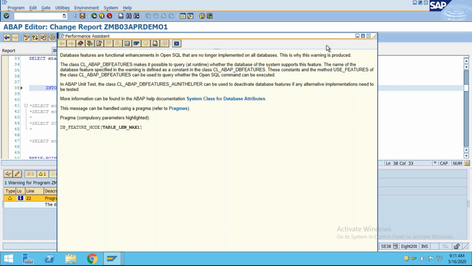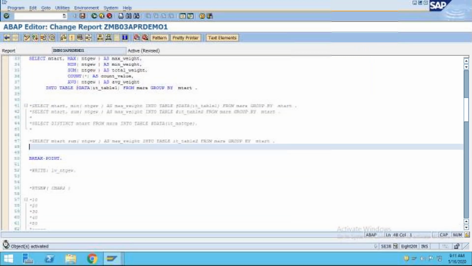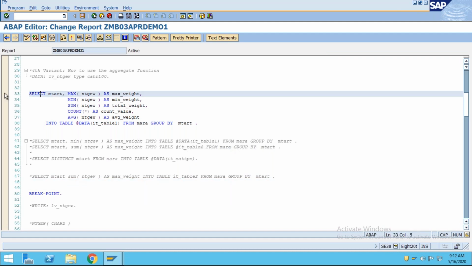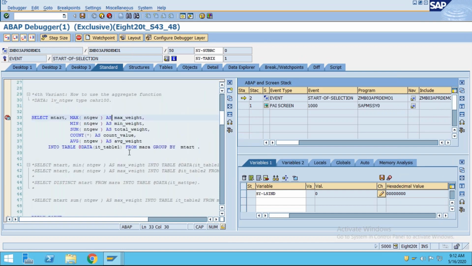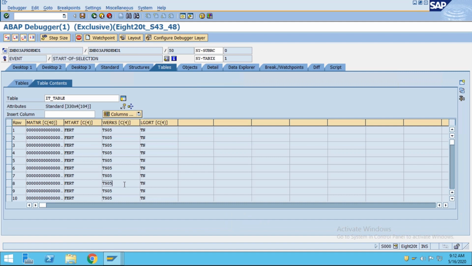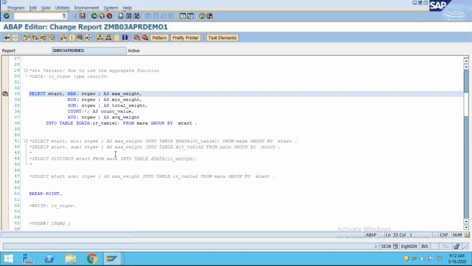Okay, we don't have to go into this, it is not required. We can ignore that warning and activate this one, because for most databases this new OpenSQL works. Come over here, press F8, press F6, and you can see that into this IT_TABLE we got 330 records, with material number, material type, plant, and storage location. All right, satisfying all those criteria, right?